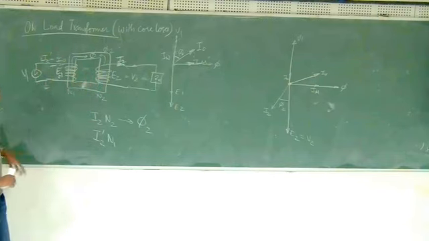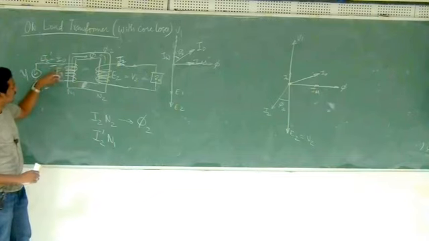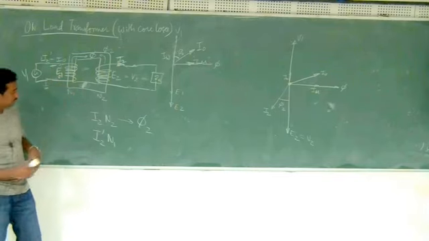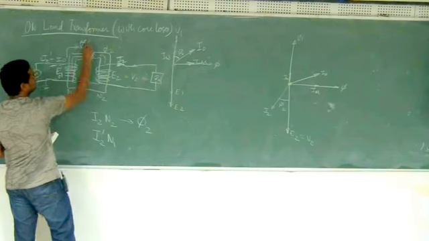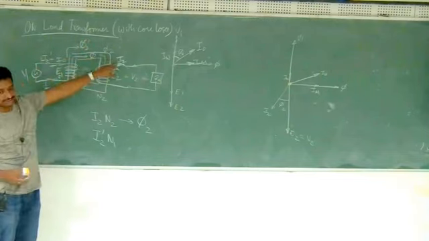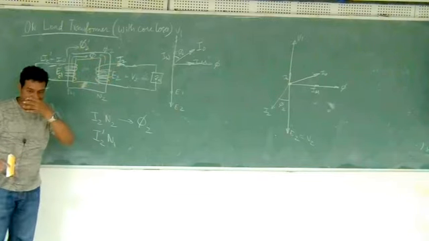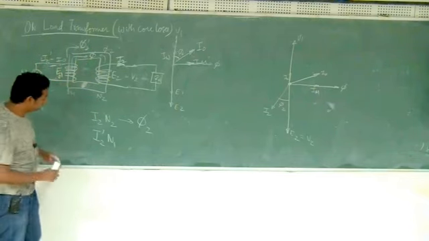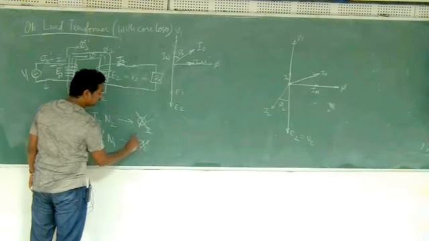Okay. Now what is this I2 dash into N1? That much current is linking with the N1 turns. Okay. So again it will create some more flux. So let's call that phi 2 dash, whatever. Okay. Now phi 2 dash and phi 2 will cancel out each other, and then the original flux remains the same as we discussed last week. Okay. So these two will cancel out each other, only the main flux will be remaining.